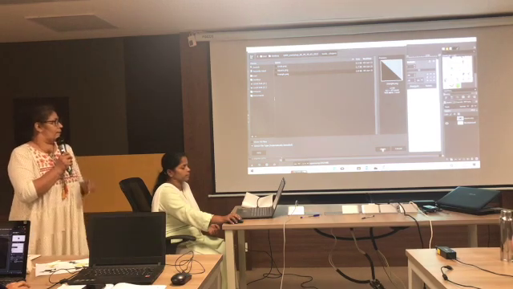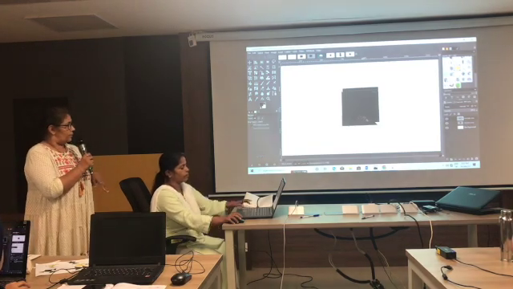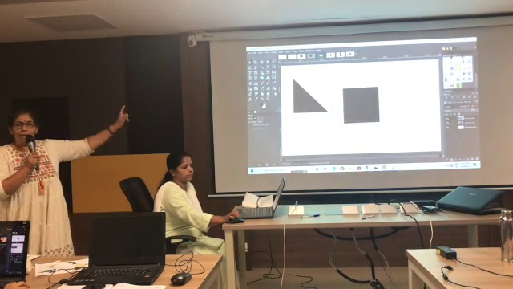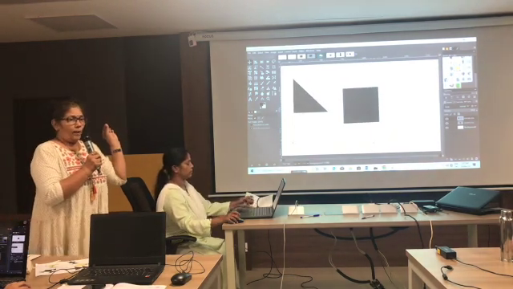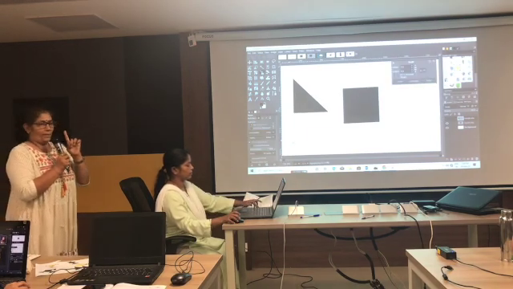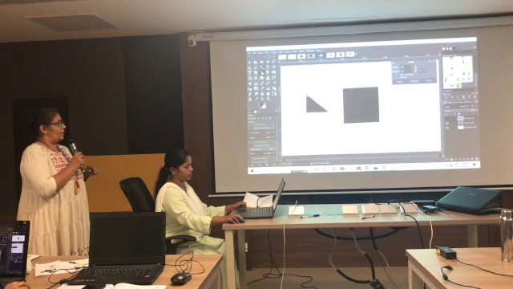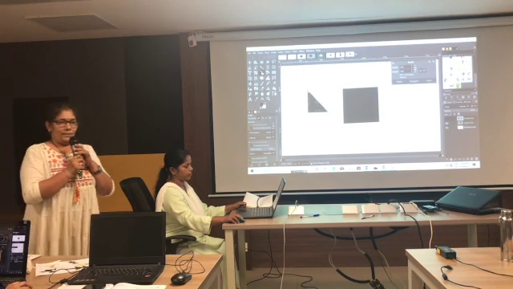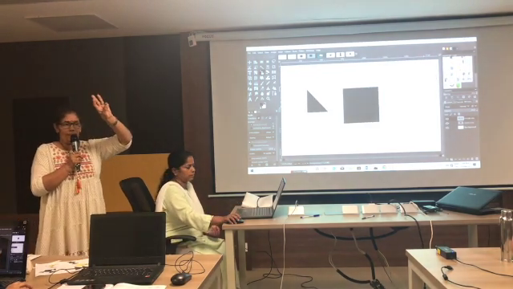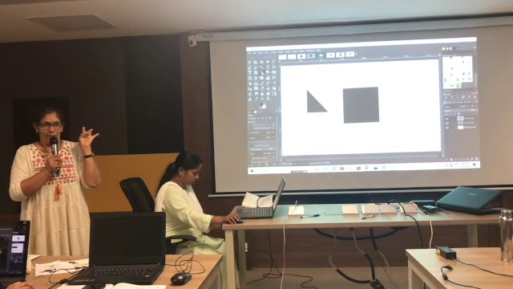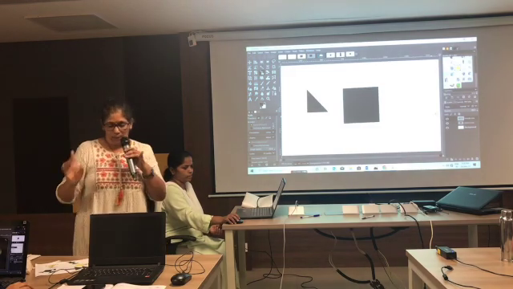I will add a triangle and move it by using N. Now if I want to make it smaller, I will use Shift S and scale it. So now you have learned how to rotate, how to scale, and how to move, and how to change the pivot point.